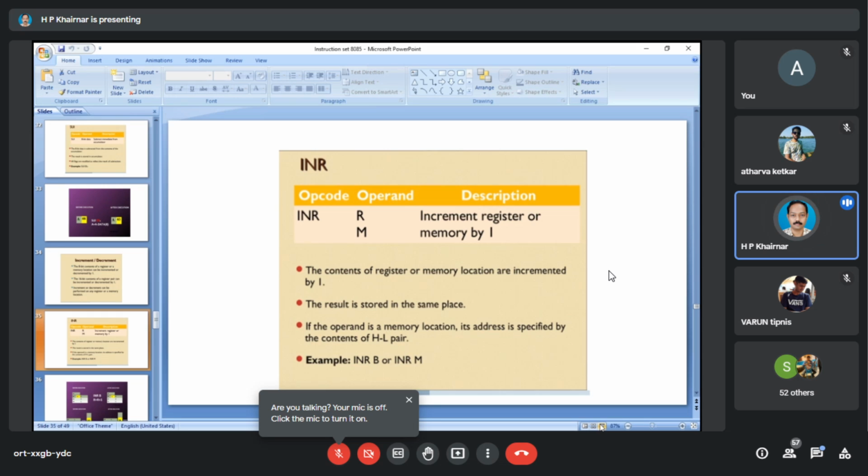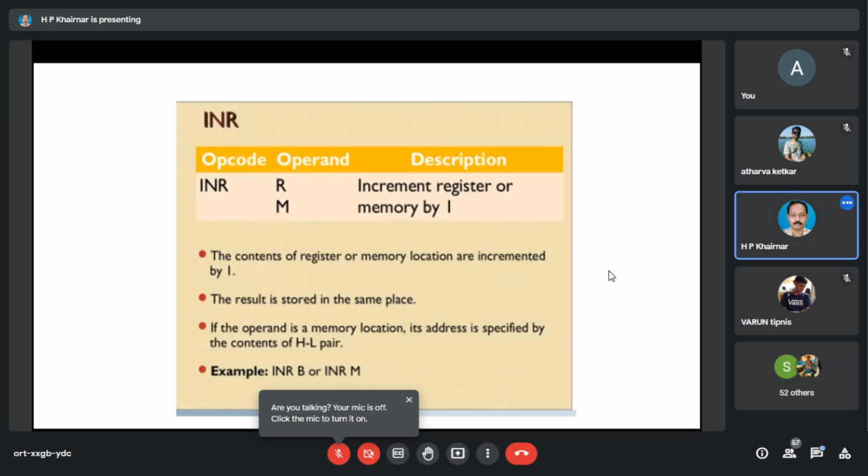Again, what is the format of writing the instruction? INR is the opcode, and the operand is the data. INR R: R means any register, it is a generic form, so R can be replaced with B, C, D, E, H, L, any register. And M is the memory location, which you can replace with any memory location. Here the example is